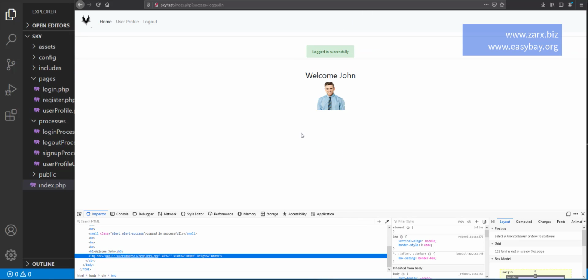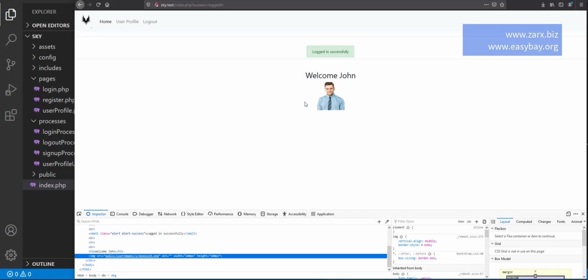So in this video I want to implement the delete feature. When a user deletes the profile or leaves the platform, the user image gets deleted from the folder on the server, as well as the user data being deleted from the database. So we have this on the